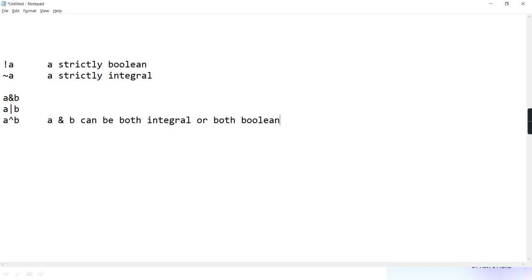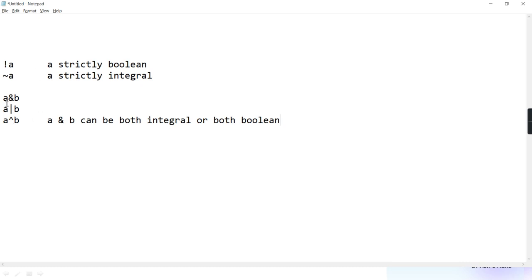From this it is clear that these cannot be applied on float and double. They are applicable only on integral types: byte, short, int, long, char. But both should be integral or both should be Boolean. One Boolean and one integral is not allowed. So I hope you are understanding.